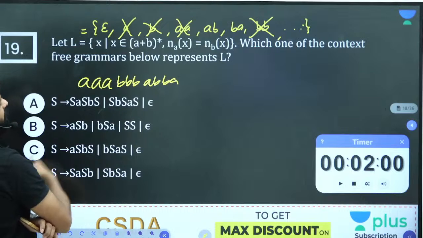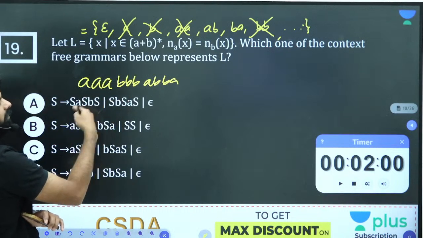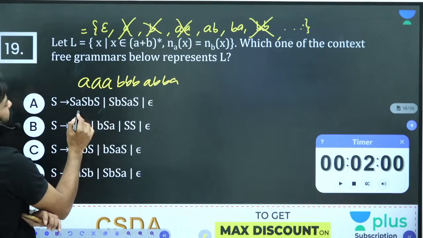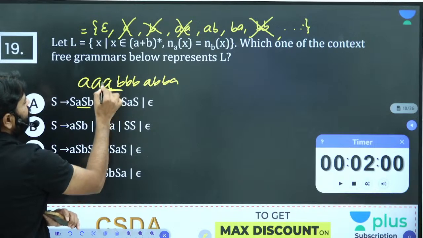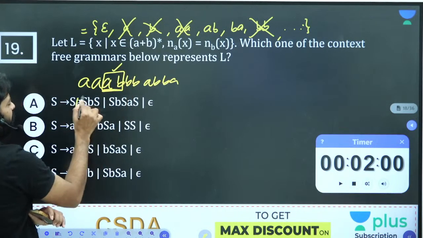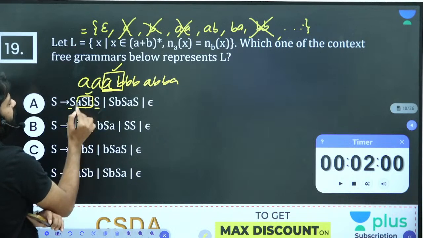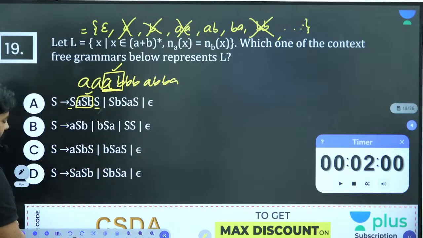Definitely possible, but as the string length is very high, you should take time to generate this. If you have ASB here, I'll generate this AB here. Yes or no? I can generate that. So now this is over from here. Now this 2S, can it help? No, because S can generate equal numbers of A's and B's, not this way. So what is the best way to generate?